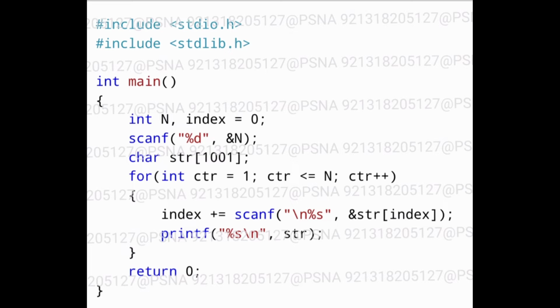So what happens is the 0th character alone will remain as such. The new string will be stored from the index 1. And in the next iteration the first two characters will remain as such and the input string will be stored from the index 2. So this is how the input will be stored into str, and in every iteration we have to print the current value of str.